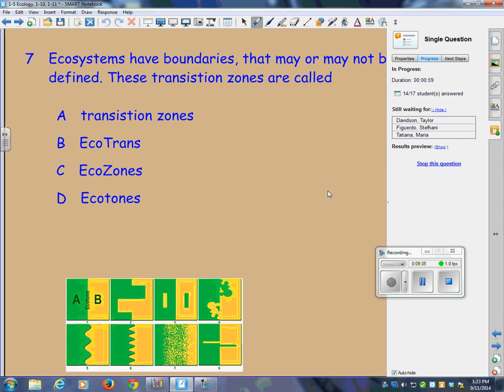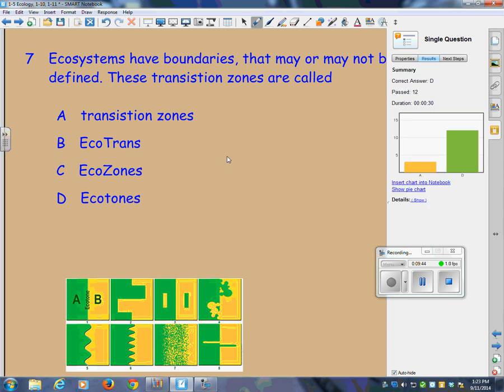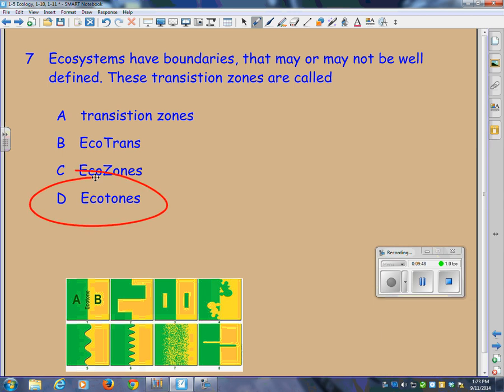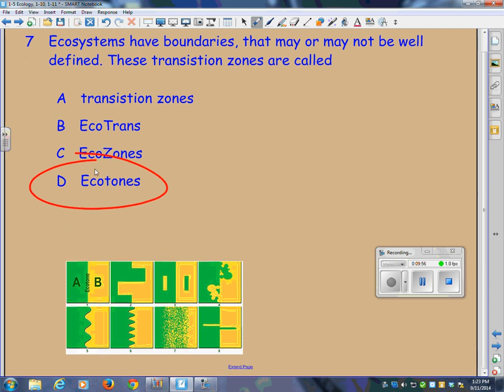No. Well, they've learned not to laugh at my jokes. Taylor? Other one. Yeah, the correct answer is D. You guys must be following along, because you didn't know that before today, did you? Did some of you know that before today? Ecotone? Oh yeah, right. Good thing we did that. I forgot about that.